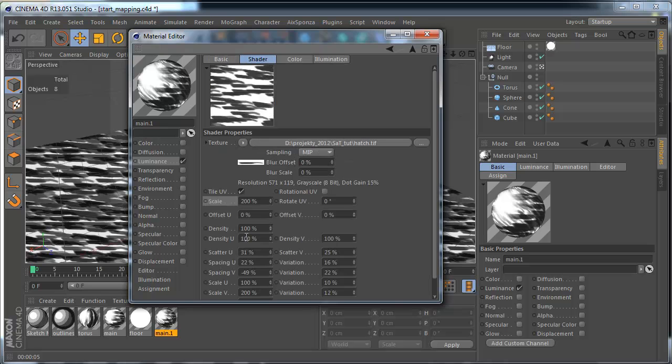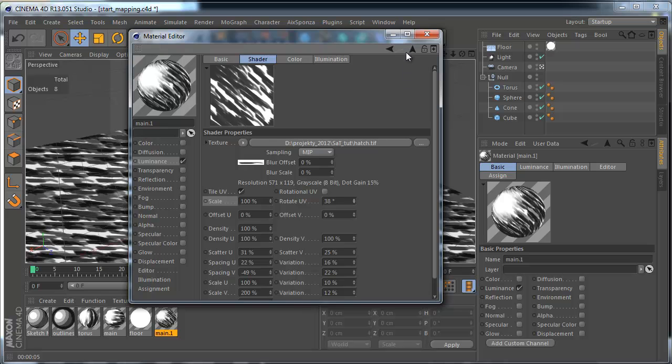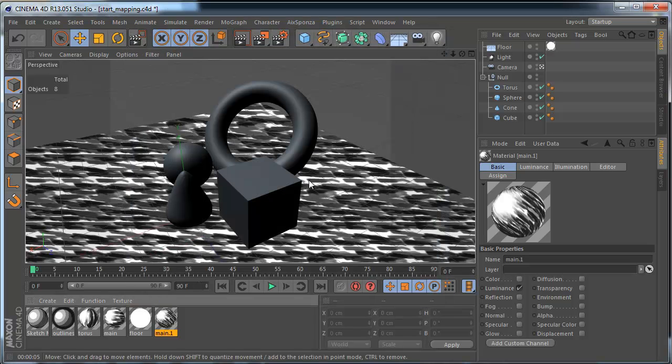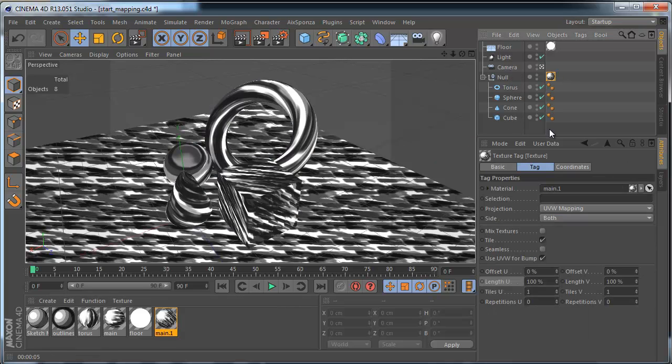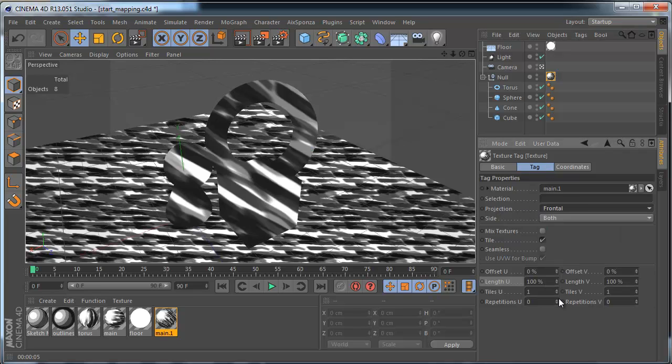Do the same for the second and use almost the same rotation. And apply the main.one material to our null object and change the projection from the UV mapping to frontal. It's very simple. But we must still adjust the size of the projection